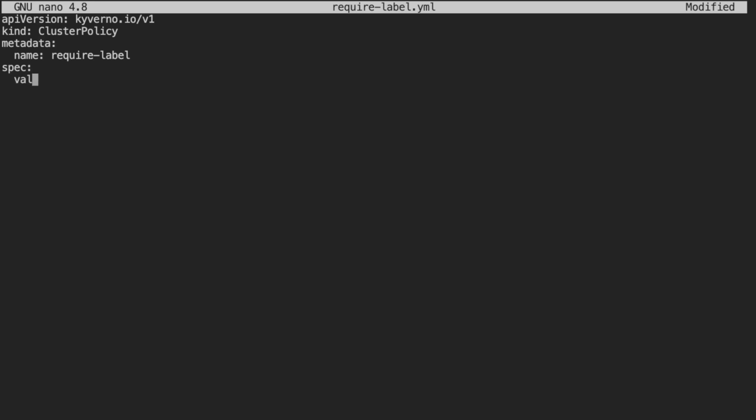Now I'm going to add this validation field, and when this validation should occur and what should happen when a certain thing is not met. So by setting it to enforce, it's going to be mandatory, and the pod is not going to be created unless it has that certain label set on it. So I also defined rules, and